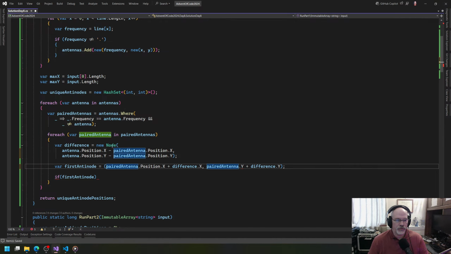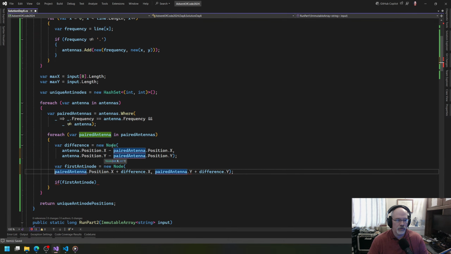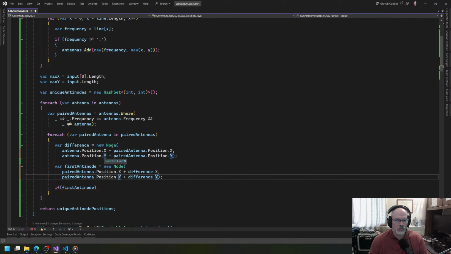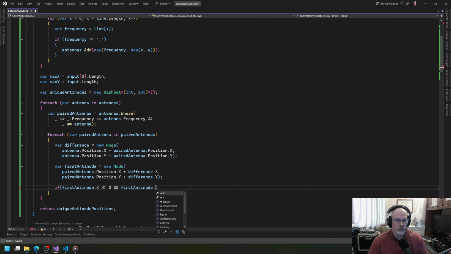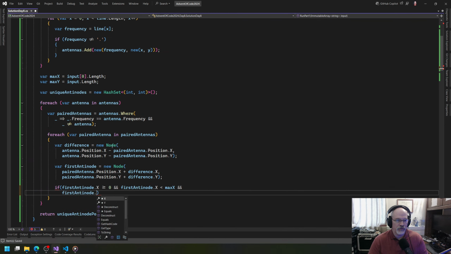And so here we want to say this is also a new node. If the first antinode's x is greater than or equal to 0, and first antinode's x is strictly less than the max x, and first antinode's y is greater than or equal to 0, and first antinode's y is less than max y,